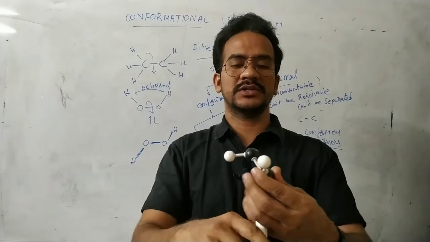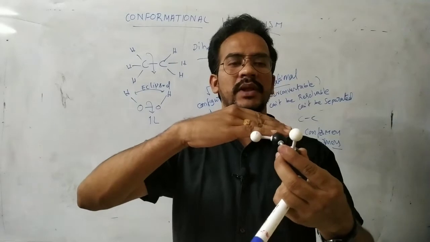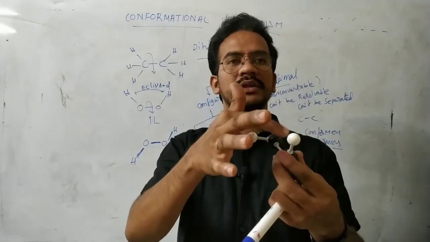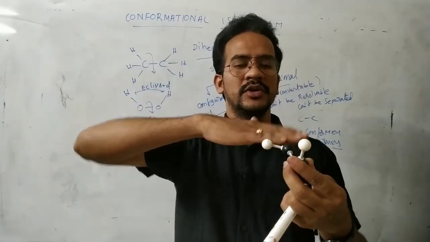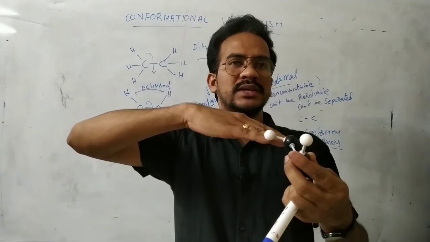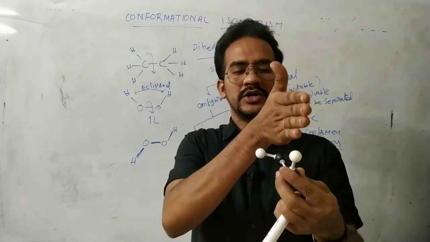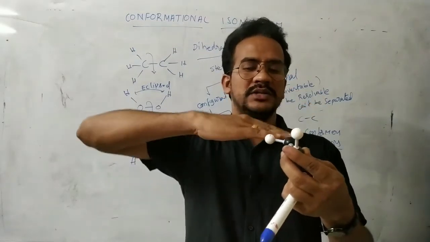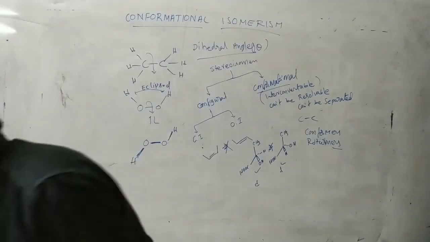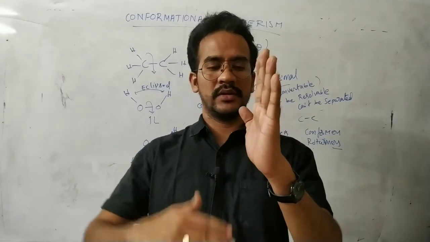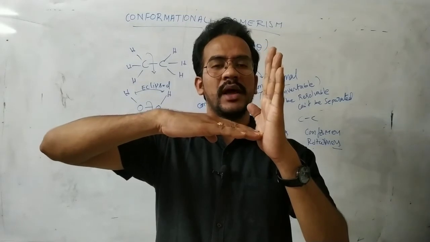You see this one in this case. This is an OH bond. This is another OH bond. This is one plane, and this is another plane. That means regarding this OH bond, one plane, and regarding this OH bond, another plane. So the angle between these two bisecting planes is the dihedral angle. Like this, this is one plane and this is another plane. The angle between these two bisecting planes is a dihedral angle.